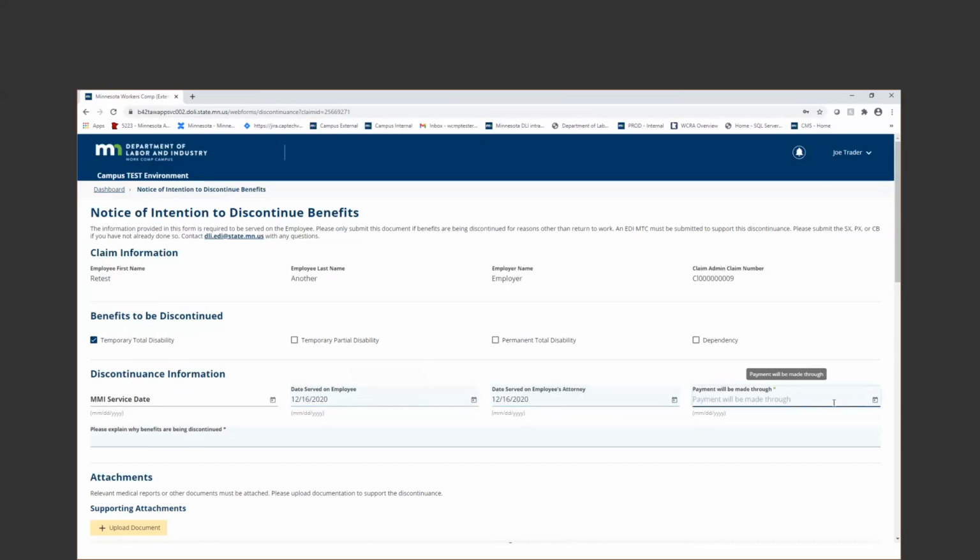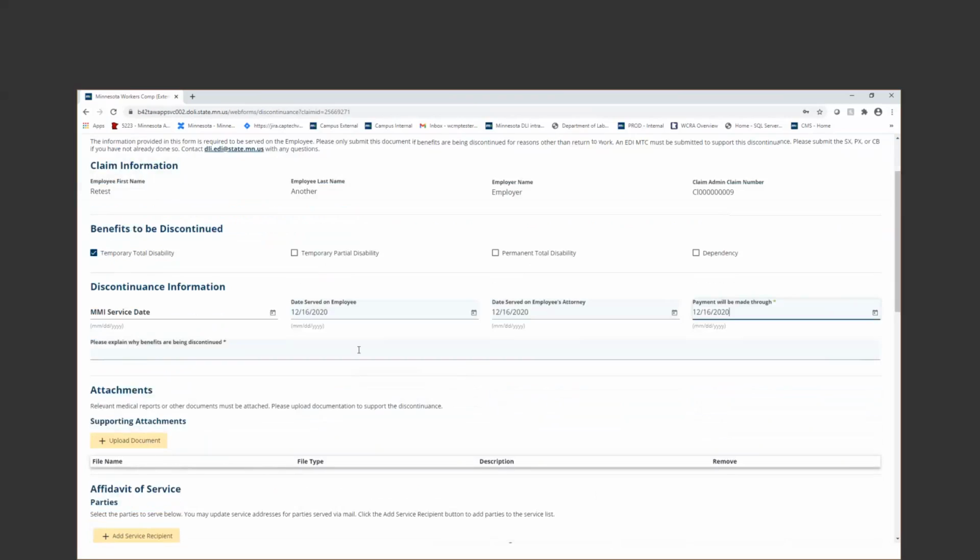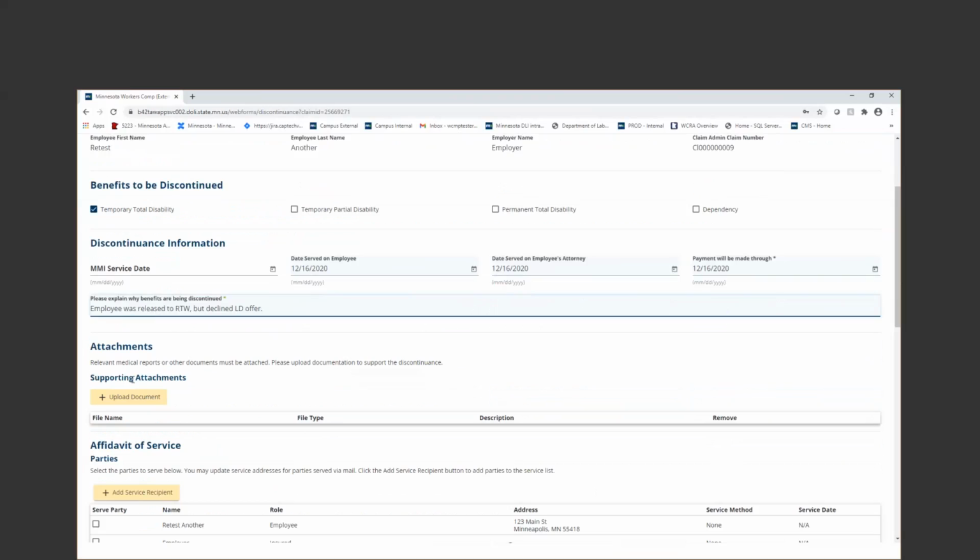And then the date that the payment would be made through. I'm also going to want to put why my benefits are being discontinued. So employee is released. Now, for this one, you can always attach a narrative as well if for some reason your narrative doesn't fit